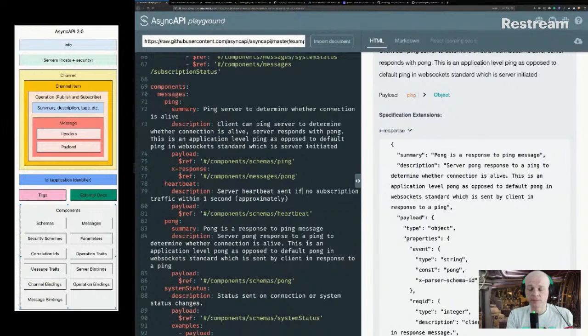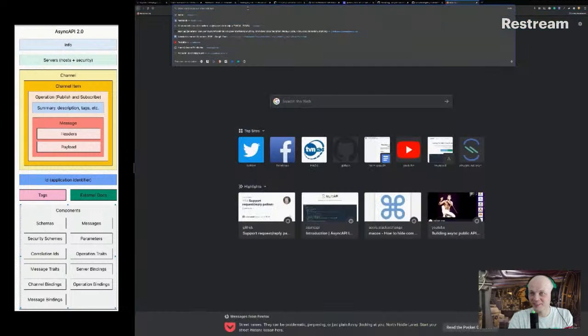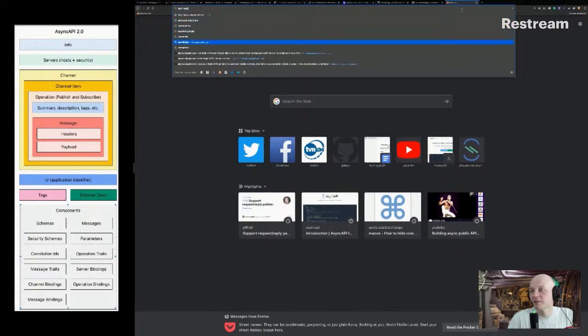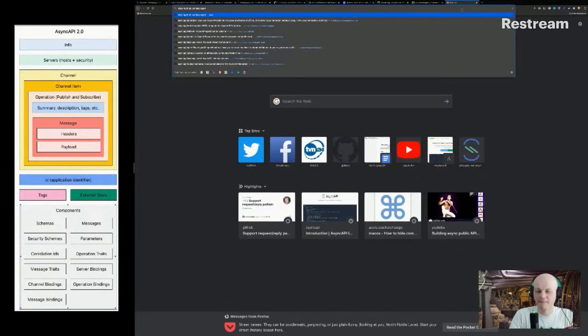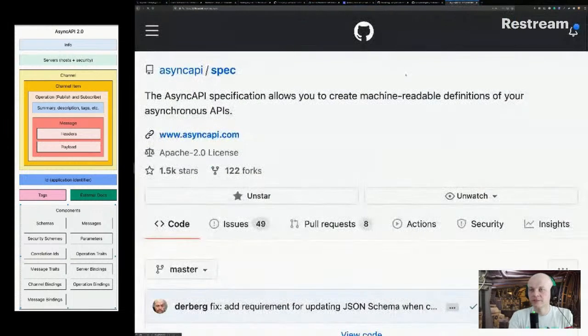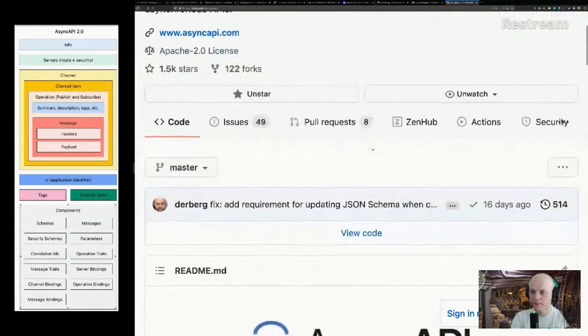Anyways, so Async API, it's not perfect. It has its limits, but it doesn't mean it can't be made better. I'm not gonna say let's make Async API great again. So I'm just gonna refer to something much more important. So the Async API specification you can find in this repo. And